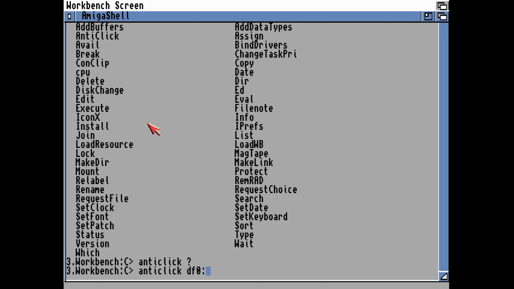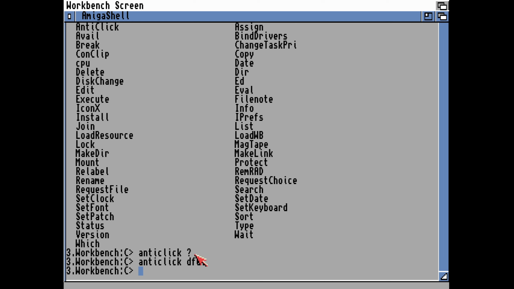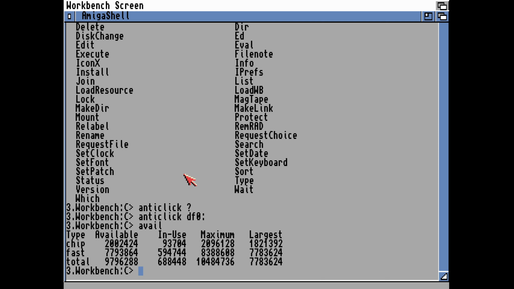The anti-click turns off the DH0 clicking. If you can hear that on a real Amiga or on emulation, we can switch that off with the anti-click command. Avail lists our available memory, and you can see avail, we've got chip RAM and fast RAM and total